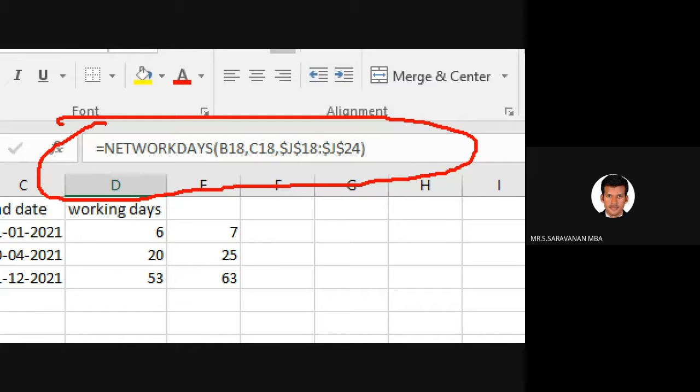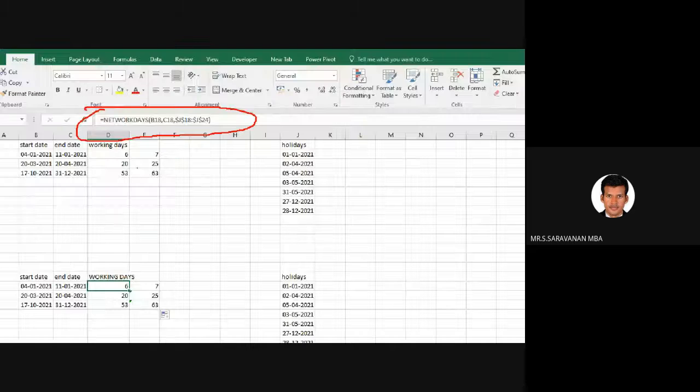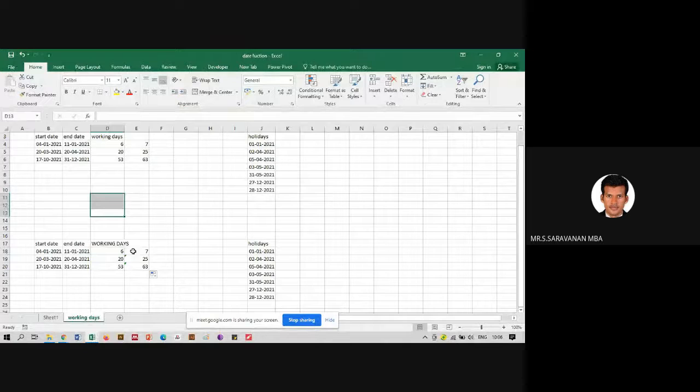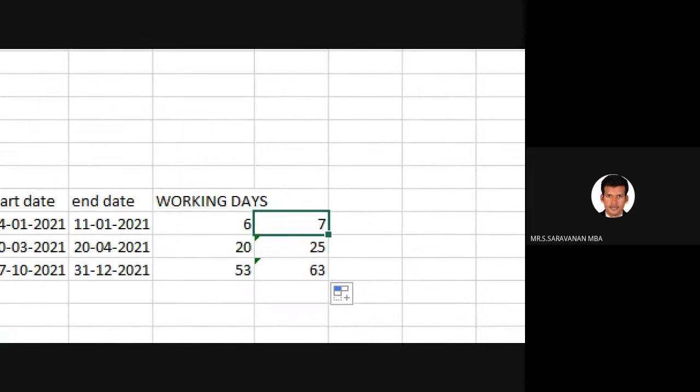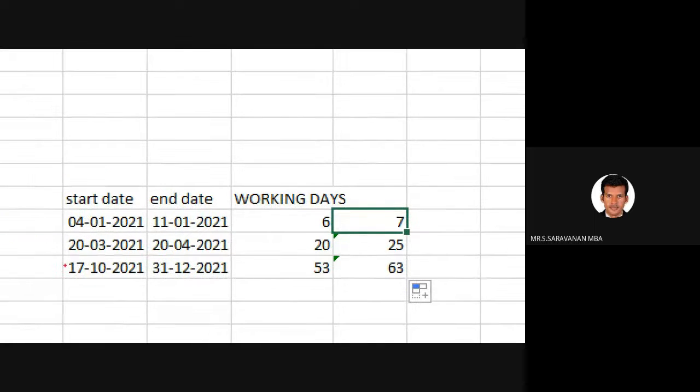So for the first one we have calculated that Saturday and Sunday are holidays, and based on that we have calculated the number of days. The second formula we have used is only Sunday is holiday. Based on that information, if you take this, Saturday, Sunday, 6 days, only Sunday, 7 days.